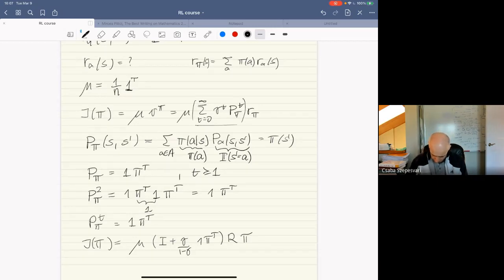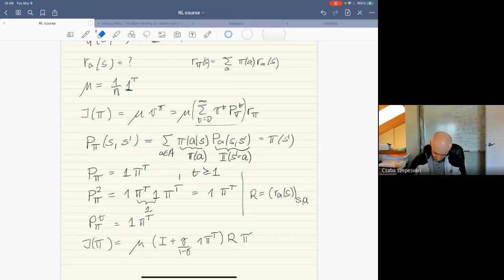So the matrix R is going to contain the immediate rewards, where the row indices are by S and the column indices are by A. Because we were left multiplying with distributions over states, and we are right multiplying with a distribution over actions. Okay, so if you just plug this in, and you get